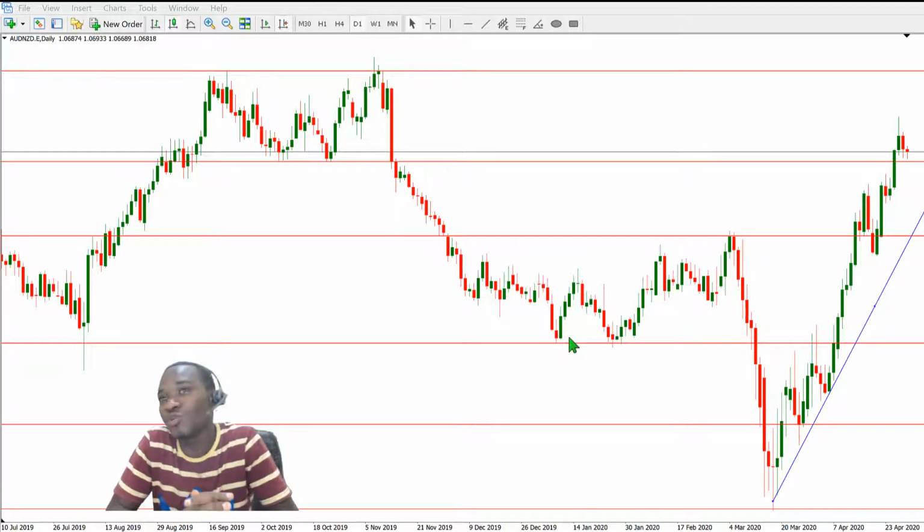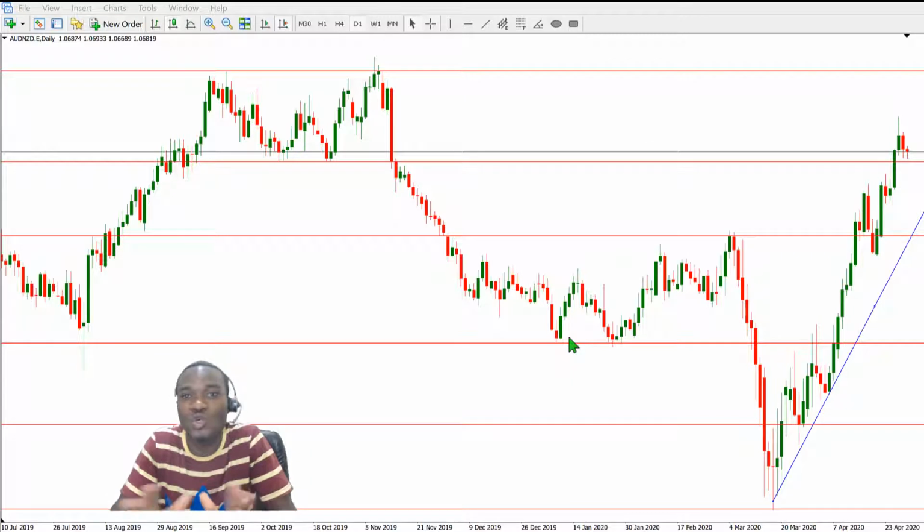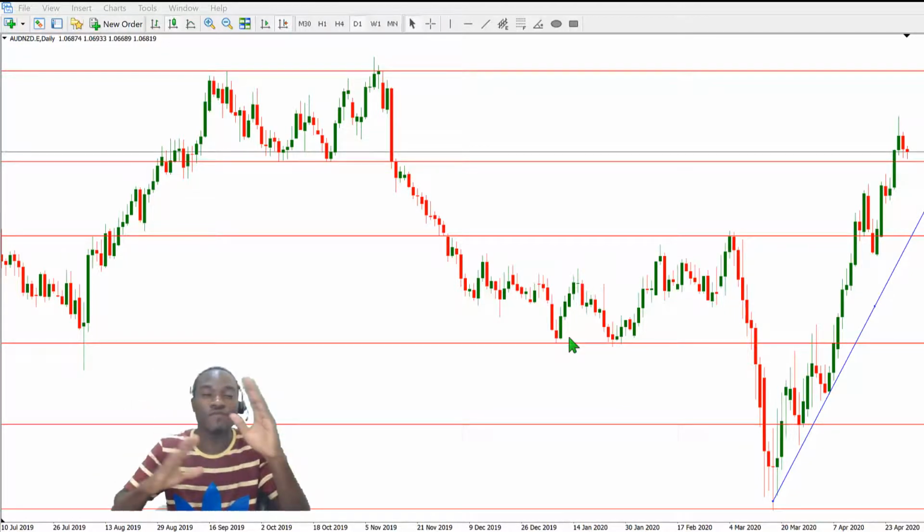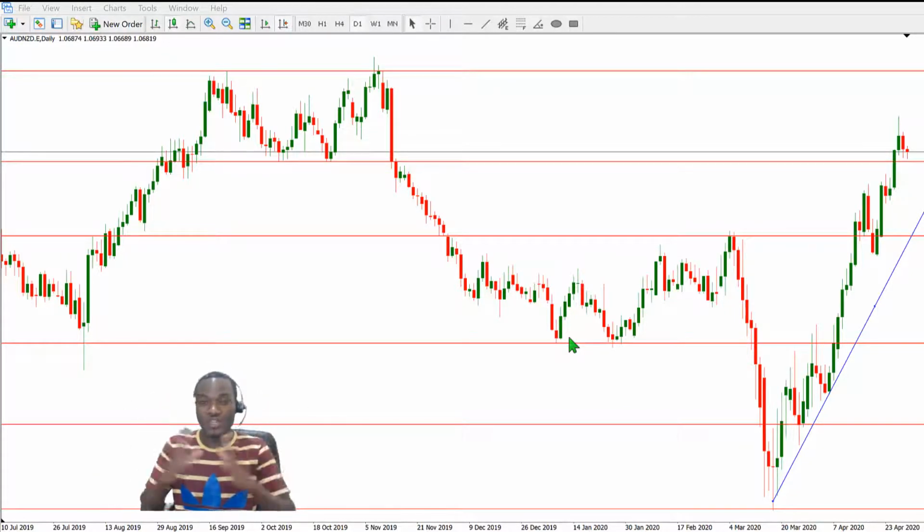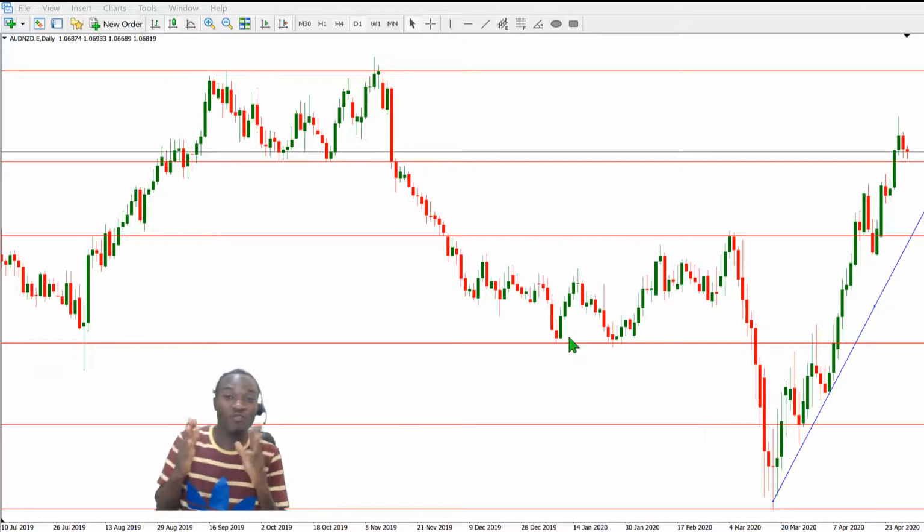And today I'm going to be showing you one of my favorite trading strategies, which I love to trade whenever I can spot it on my trading chart. That chart pattern of mine is a double top formation. Whenever I spot this formation, I say it's an opportunity for me to bring a lot of profit into